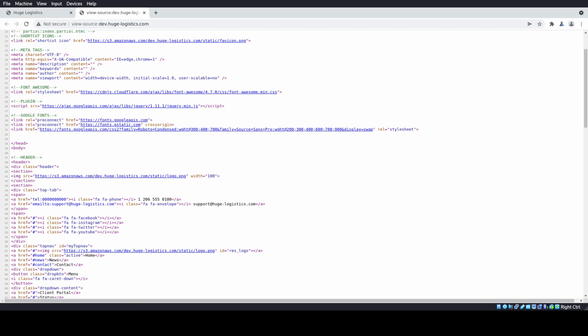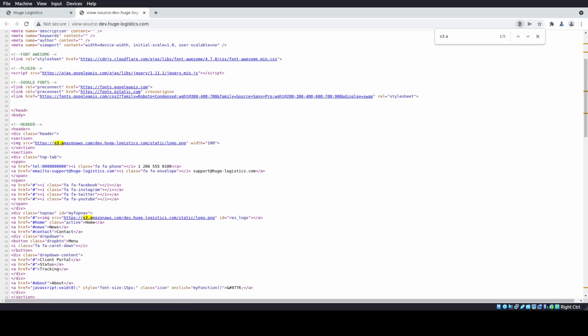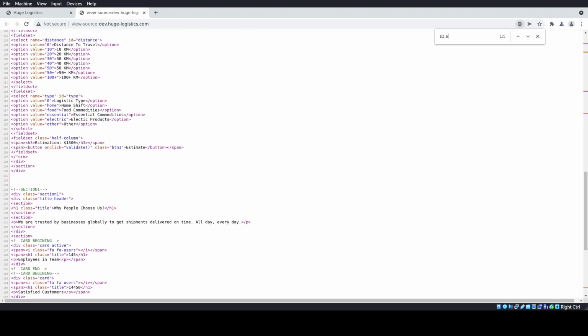Here we got https://s3.amazonaws.com. By doing Ctrl+F and searching s3.amazonaws.com, see there are five instances, I'm sorry, my bad, the fifth one being at the last. Okay, so